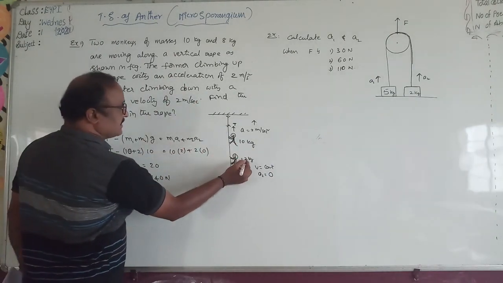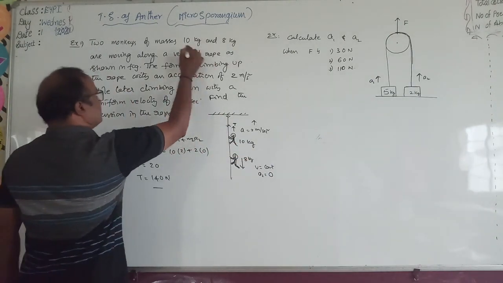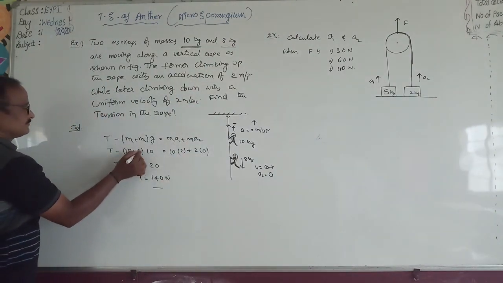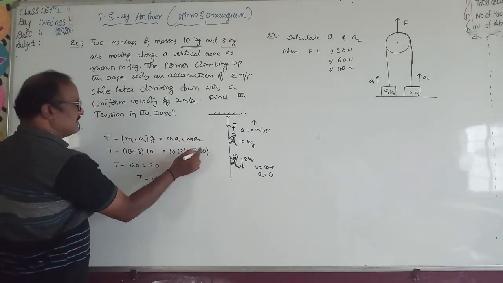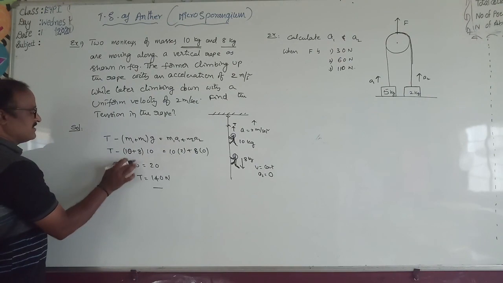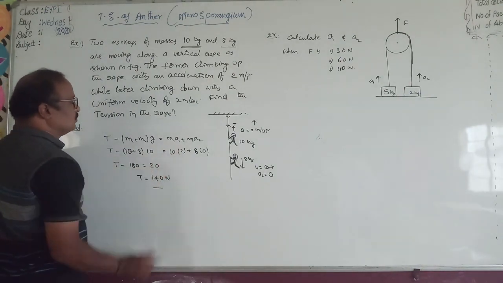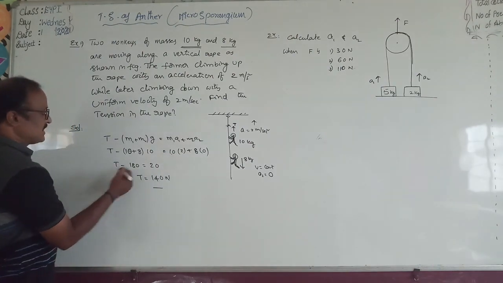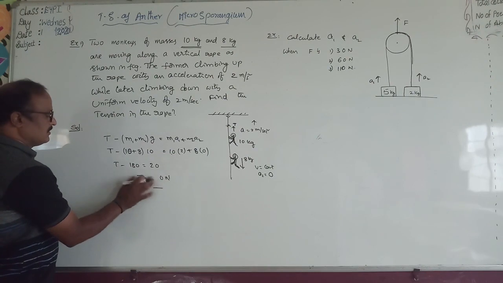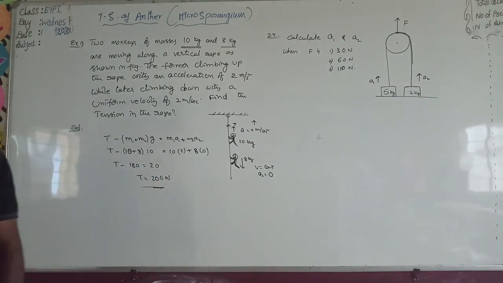Wait, sorry, its mass is not 2, it is 8 kilograms. The masses are 10 kg and 8 kg. That means here it is 10 and 8, and 8 into 0. 10 plus 8, 18, into 10 is 180. And this is 10 into 2 is equal to 20. So capital T is equal to 20 plus 180, which is 200. Therefore the tension in the rope is equal to 200 newtons.